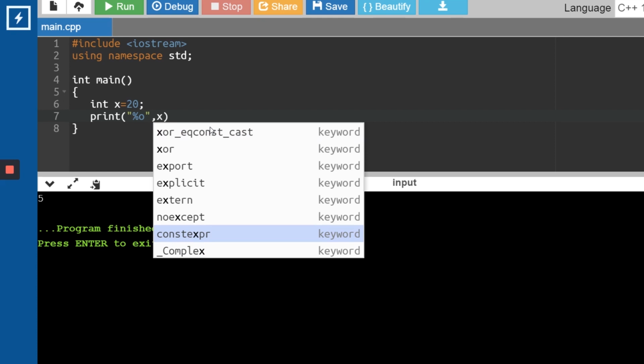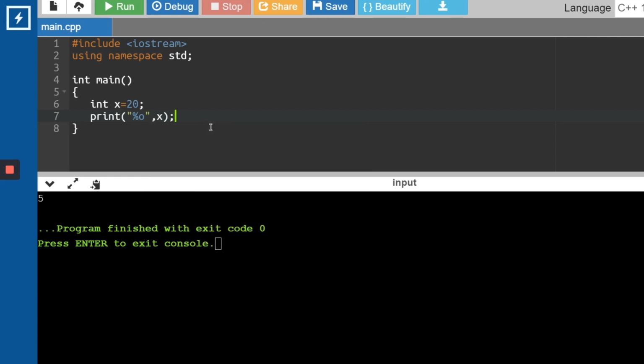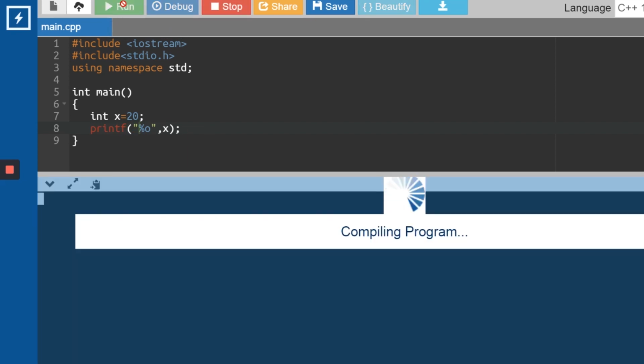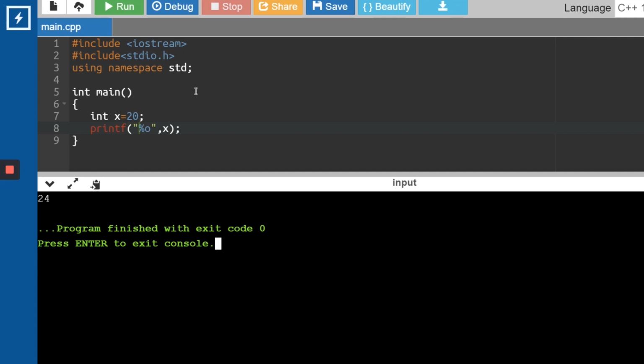So here I'll write x, and semicolon. Now I'll just write the header file just in case it is required, because I'm using printf over here, right? So printf is written, and I'll try to run this particular code. Let's see what number pops up. So you can see 24.